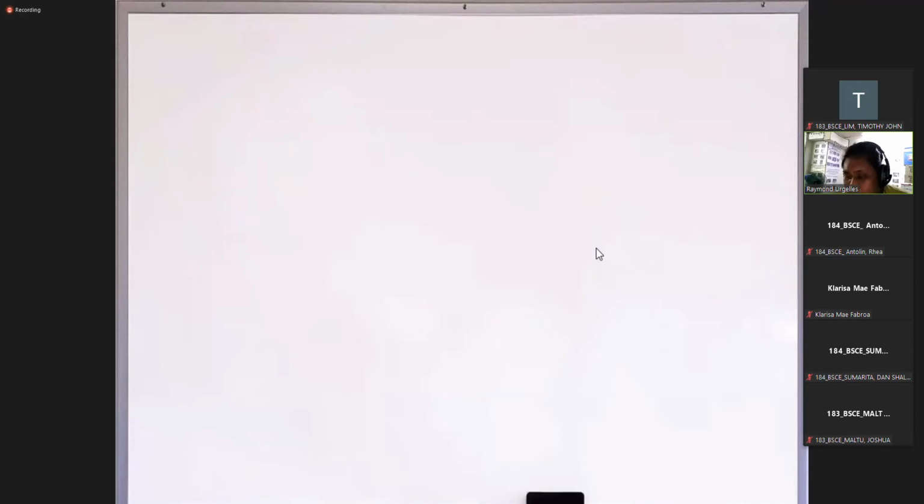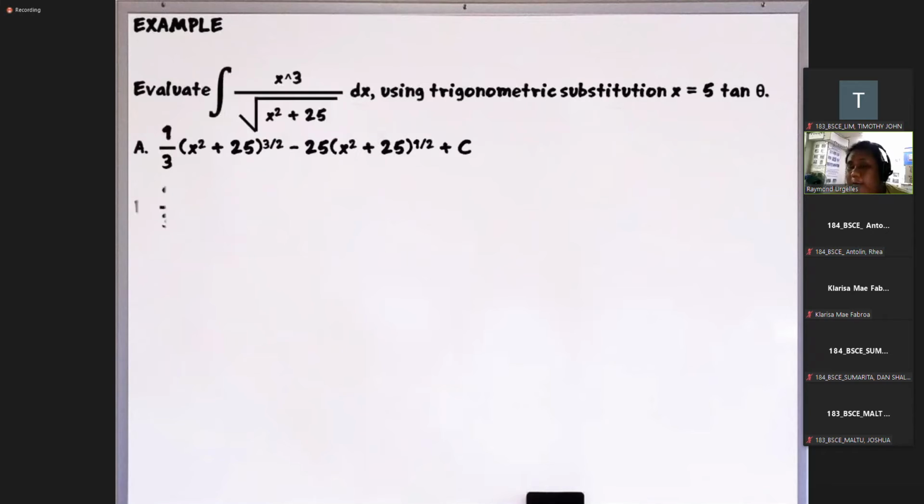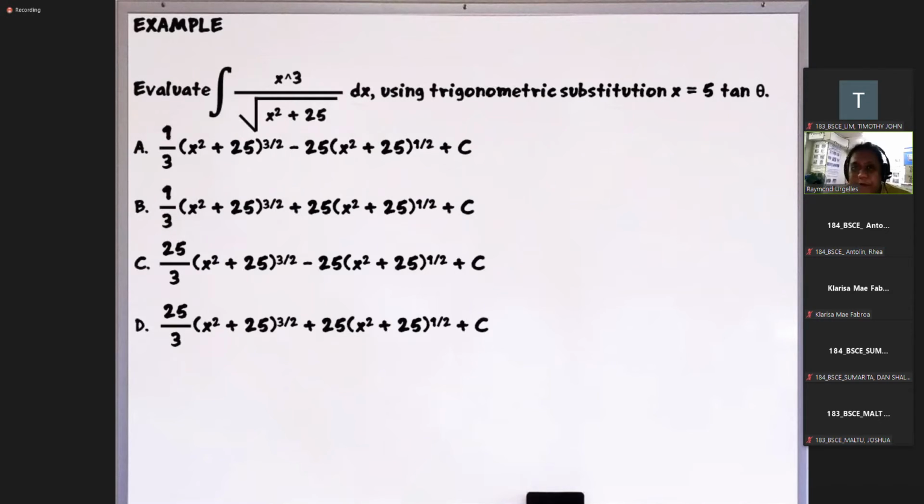So integral, diba, or integration is tinatawag din natin as antiderivative, or anti-differentiation. Okay, nakuha ba? So basically, ang idea natin is, let's say, we have function f of x equal to the derivative ng small f of x. Then if we get the integral ng f of x dx, then this is just given by small f of x plus constant, no?